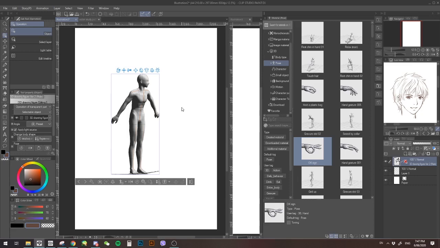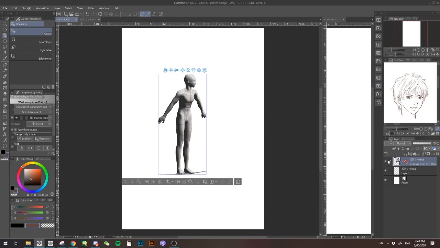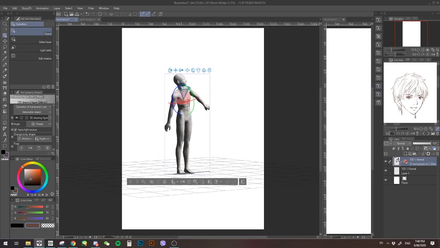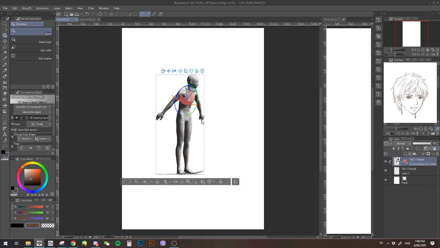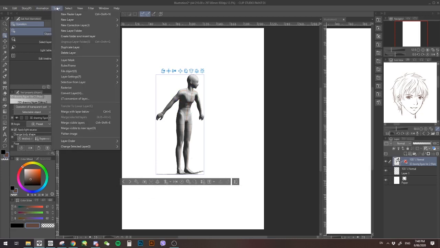Let me just find my notes. Okay. Oh, let's just close this one. Okay, so now you have this pose. Let's just pretend we want to get this pose. Okay, go into layer, and down here it's called LT conversion of layer. I don't actually know what LT stands for, but if you click on this,